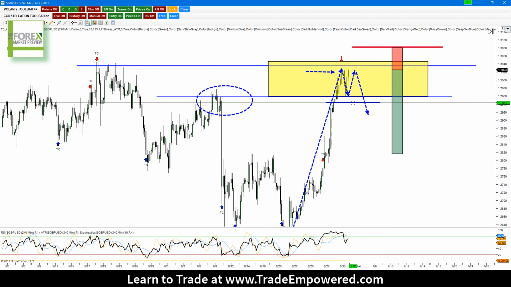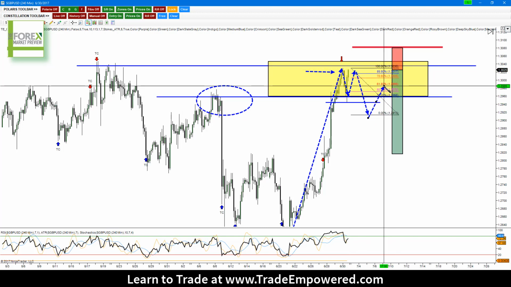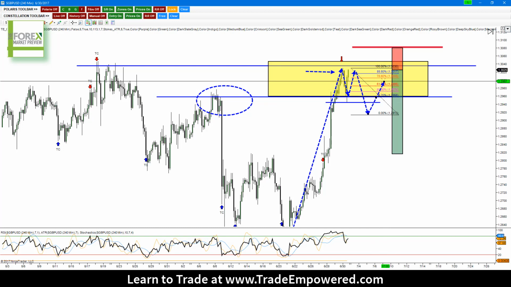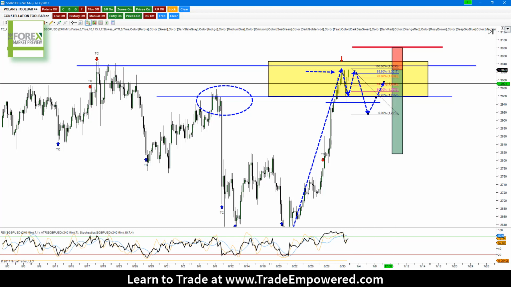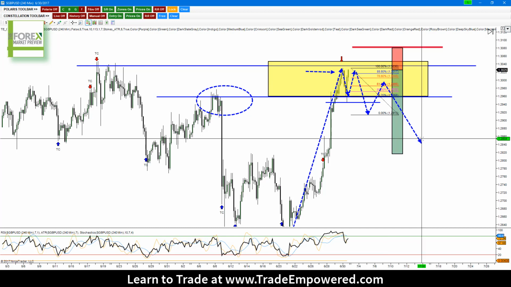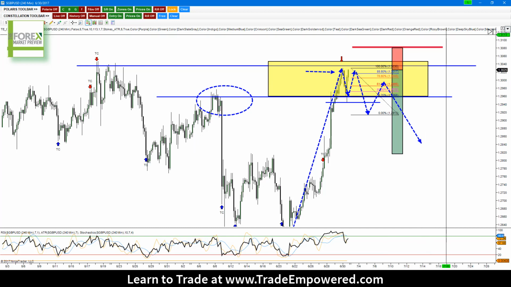You then bring on your Fibonacci retracement tool from the swing high to the new swing low, and you wait for a retest of that 618 Fibonacci retracement, and you look for an entry reason in that zone between the 618 and the highs of your double top, and you use that for a reason for entry to trade it lower. So again, that's going to be a more conservative approach at looking at this trade.